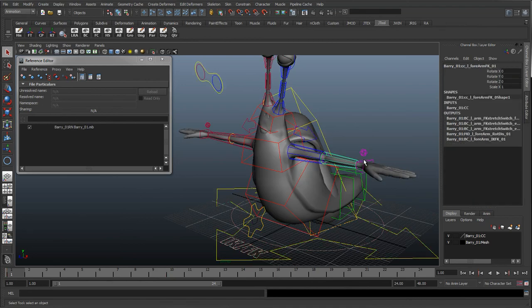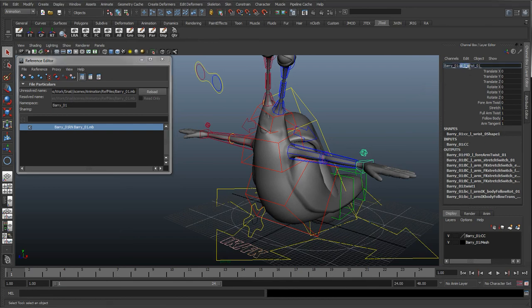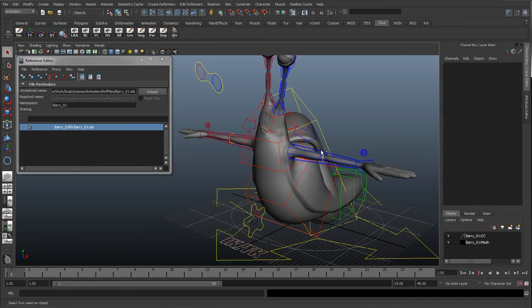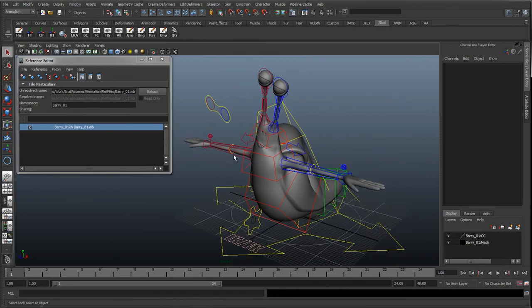As long as it uses the same control names, we could just replace this rig with another rig, and all it's going to do is take the animation and apply it to the corresponding control name. So if that rig had the same name, CC left wrist 01, it would apply the animation to that, and then that would drive all these muscles or a different type of rig. So this basically means that quite quickly you can just reuse animation and get it onto different characters.